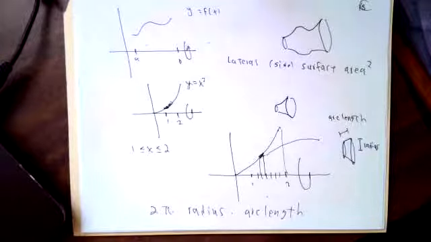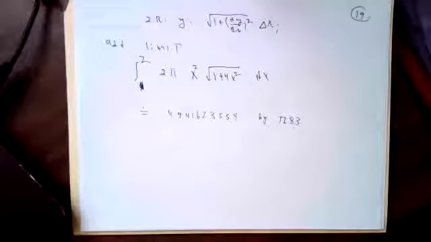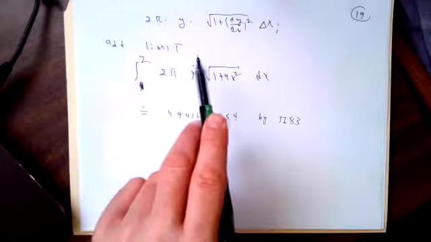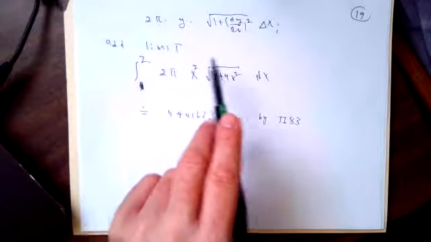In a way that should surprise nobody by this stage of the game, the radius is a y-coordinate. This is exactly similar to how you would say the radius is the y-coordinate if I was going to do the disk or washer method. We will have 2 pi times the radius, which is the y-coordinate, times